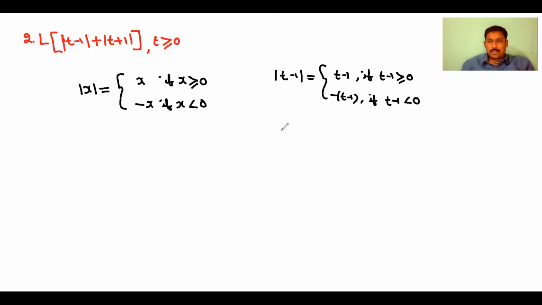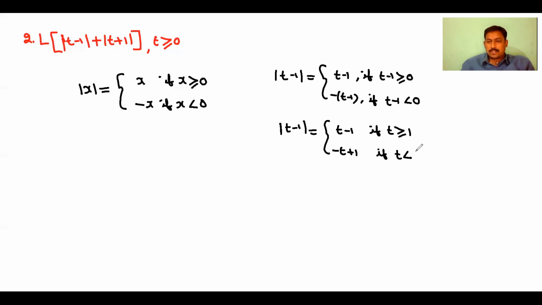So if you simplify, modulus of t minus 1 equals t minus 1 if t is greater than or equal to, I can take that 1 to that side, 1. If you multiply by the minus, you will get minus t plus 1 if t